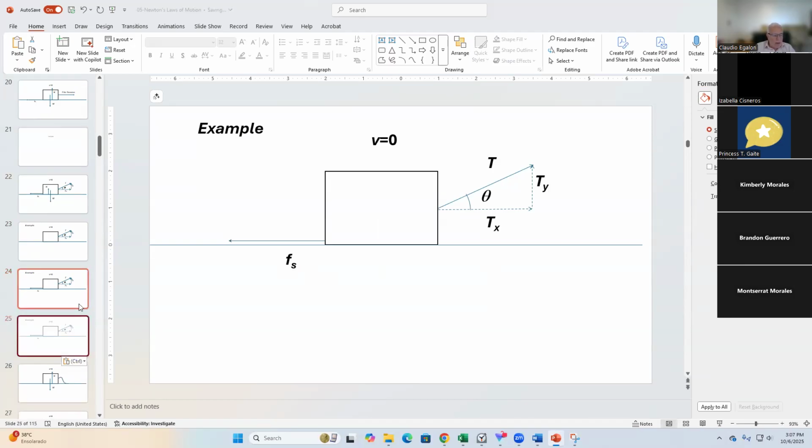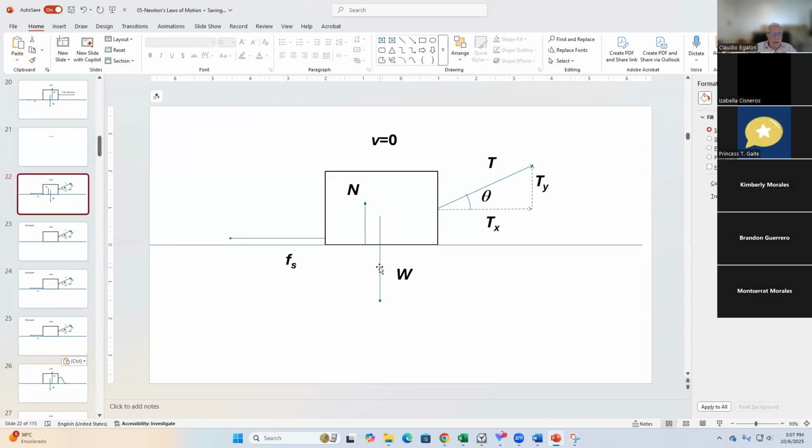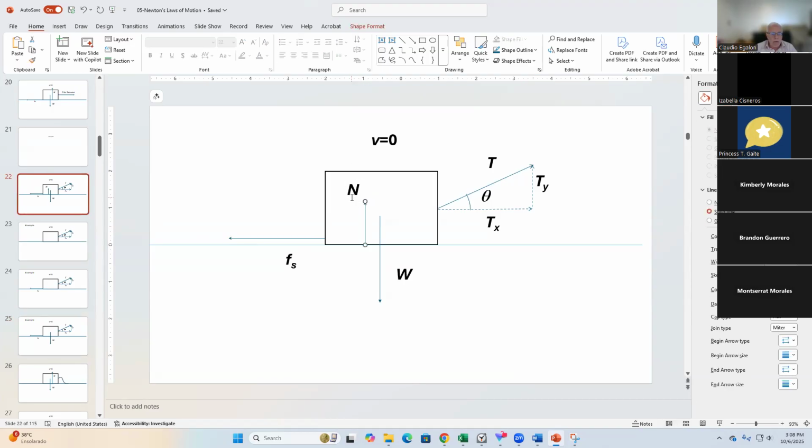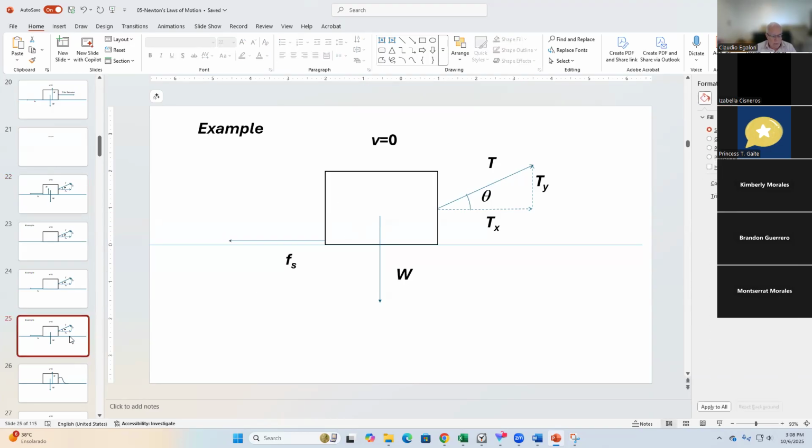There is a force that's always there, and that is the weight. The normal is not necessarily there because there must be a contact. If there is no contact, the object is just free falling, like during this interval here. There is no normal force while the object is free falling. But because this object is in contact with the ground, there must be a normal force. So there's a total of 4 forces: 1, 2, 3, 4.